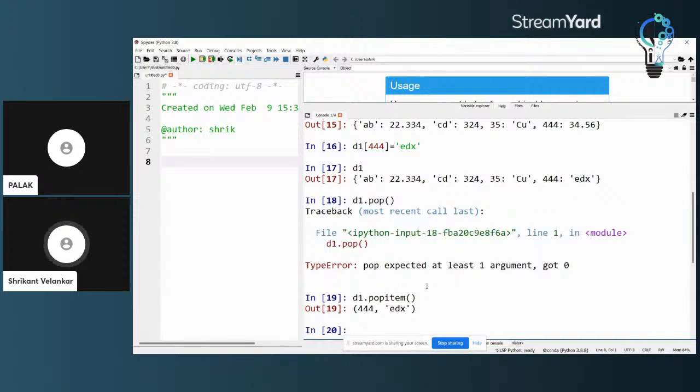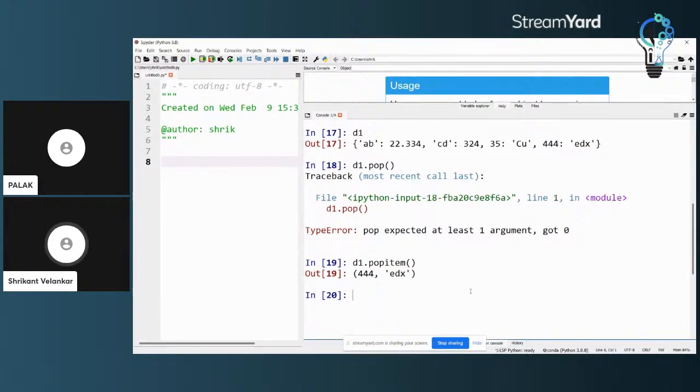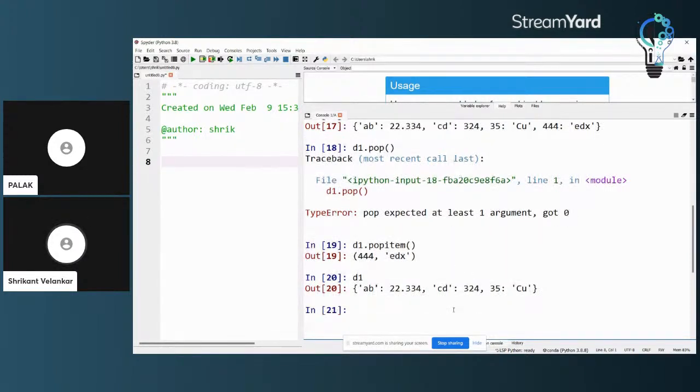So here popitem pops out the item which was put into the dictionary last. Because I had put last the 444 key with value EDX, it has been popped out. Now if I look at the dictionary, it will again contain only three elements, because the fourth element having key 444 and value EDX has been popped out.